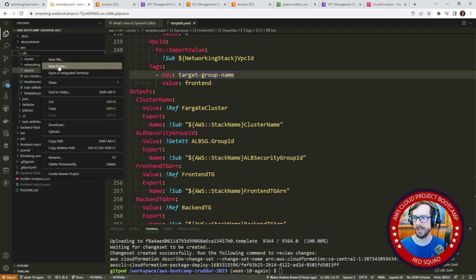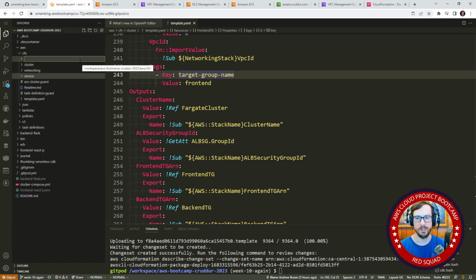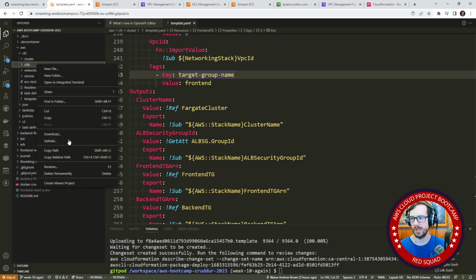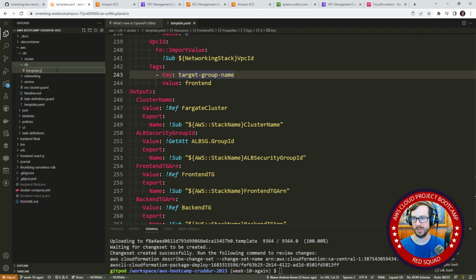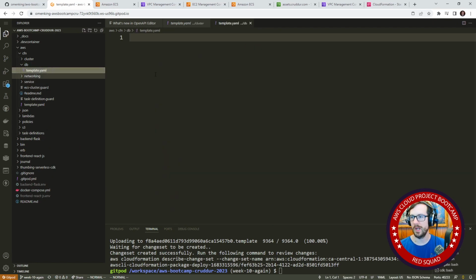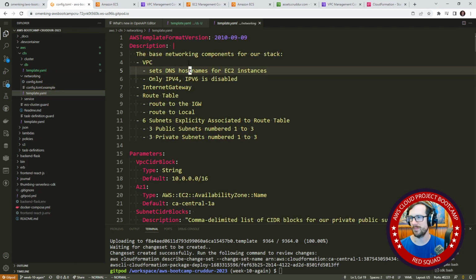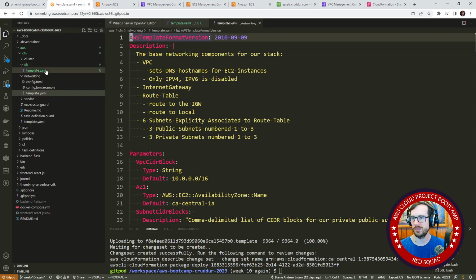So what I'm going to do is make a new folder here. This will be DB, I guess, because it's the database one. And we'll make a new file here called template.yaml. And as always, we'll go ahead and grab some stuff from other places. So we'll start with this. I'll bring in the description. And of course, we did not do the